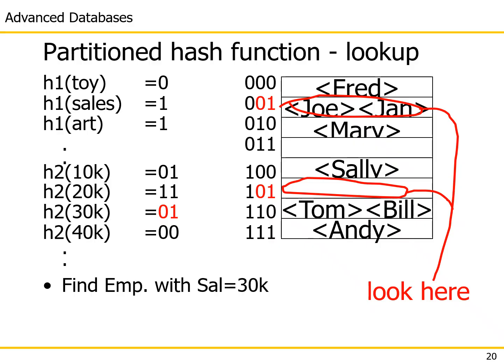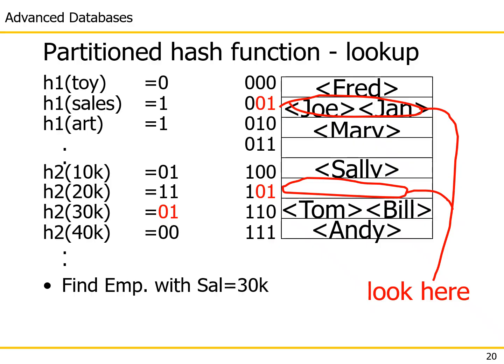Now inside those 2 we're going to do linear scanning, because I have to go to this page of the table and check the salary to make sure it's 30K. And this is now the next issue we need to discuss. What's the issue? I want you to look at the hashing of the salary values. If you noticed, 30K and 10K give me 01. Why? Because the hashing function is really input blind in terms of the relation between the input and the output. The hashing function is just a mathematical computation. So it just happens that I had a collision. 30K gave me as an output 01 and 10K also gave me 01. So I ended up putting